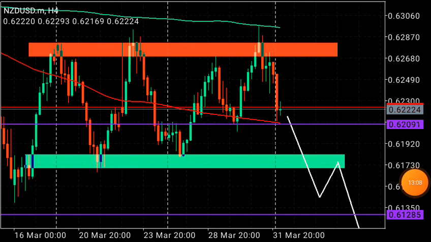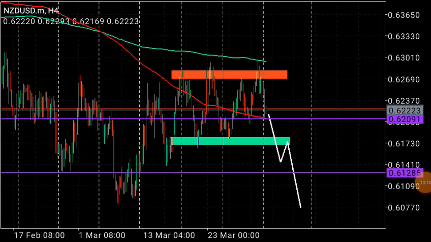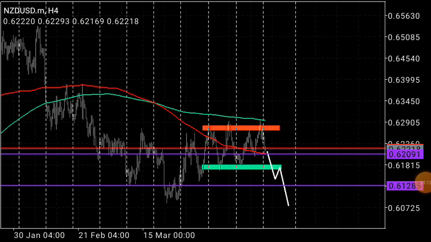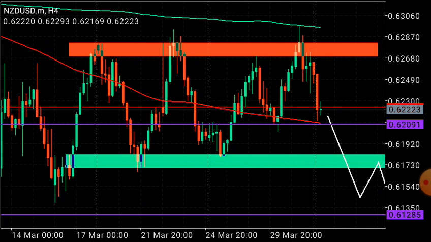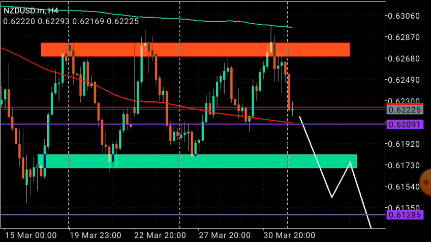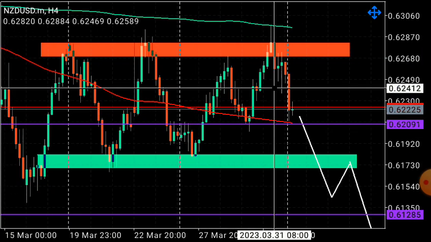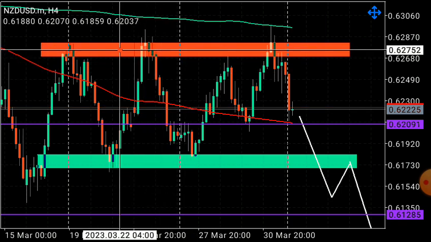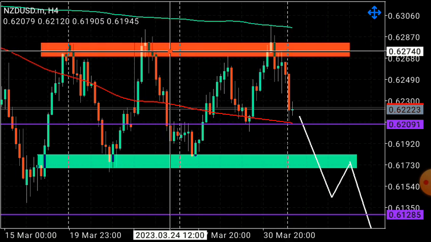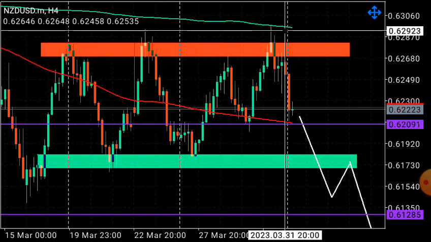Taking a look at the NZDUSD, this one is also interesting for me since it is on my radar, as I'll be trading this. I'll be having this big, unfamiliar, massive, exclusive trading project. Yep, that's what I call it. So we had a resistance here. Looking at the NZDUSD on the 4-hour time frame, we had a resistance zone here, a supply zone. Price failed to break out of this zone. It just keeps pulling back to this zone.